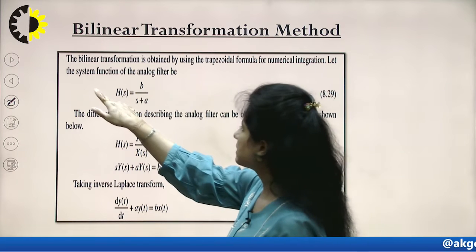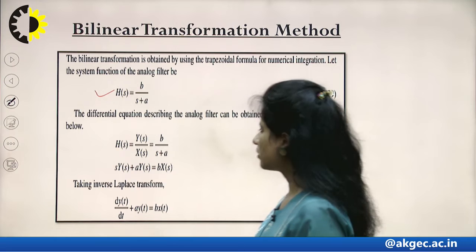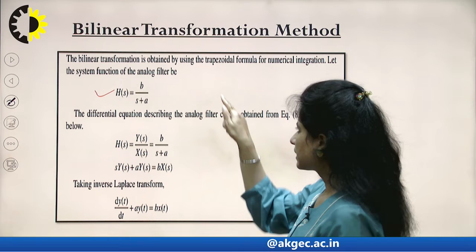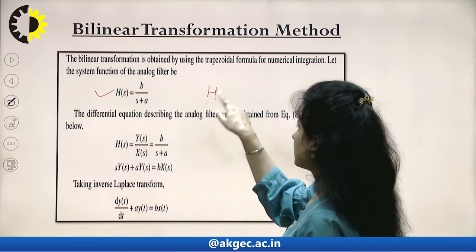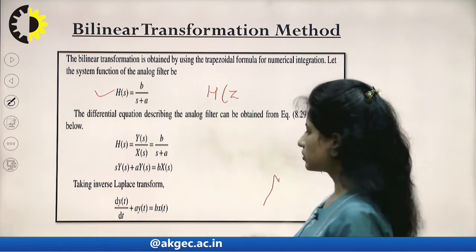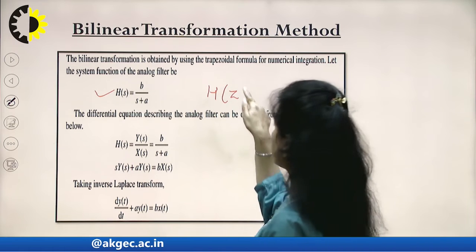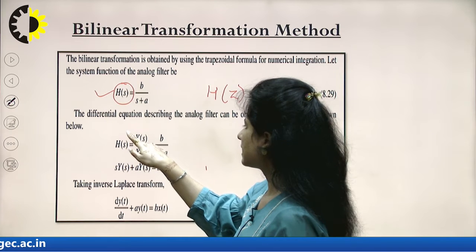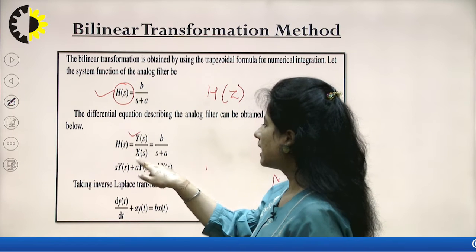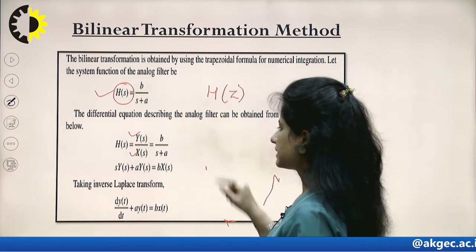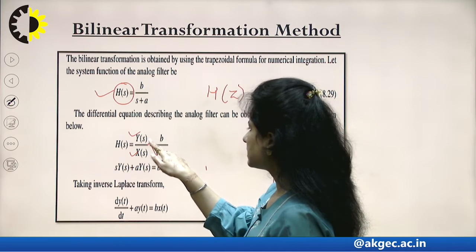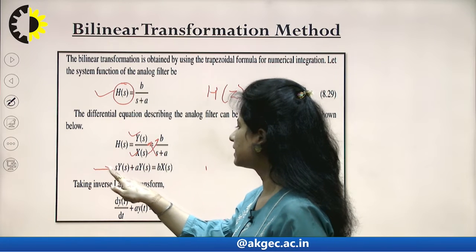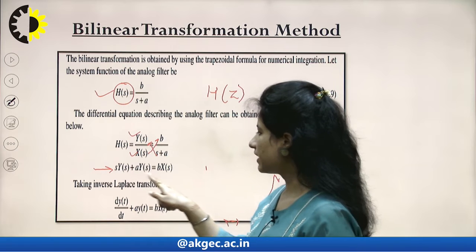So what is this method, bilinear transformation, all about? If I consider this particular first order transfer function, I would try to realize it directly into the Z domain, that is my H(z). The series of steps followed here are: this transfer function H(s) is represented as the ratio of the output variable and the input variable, that is X(s). Then I simply cross multiply the numerators and denominators and form a simplified equation, which I can see has the factor of S.